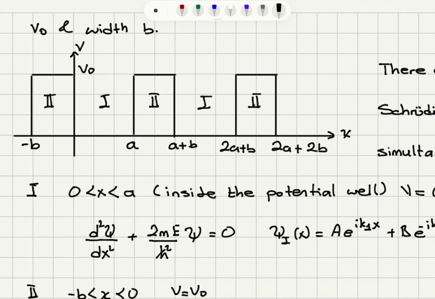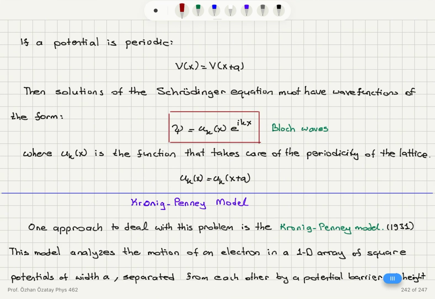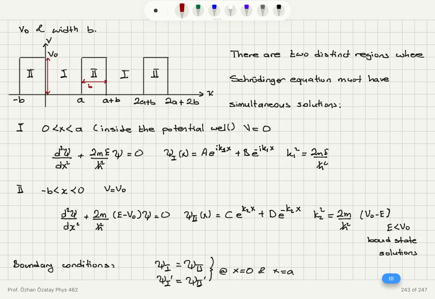The potential width is b, so you can see here this width is b, and the height of the potential is V0, so the potential barrier is V0, and they are separated from each other by the distance a. So you can see here the potential barrier width is b, and the potential barriers are separated by a distance a. So when we solve Schrödinger's equation for such a problem, there are two distinct regions we